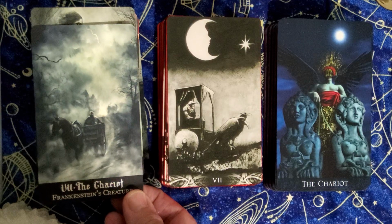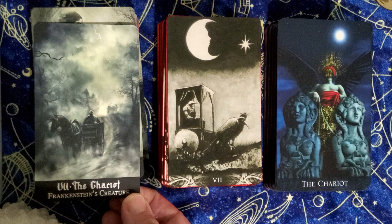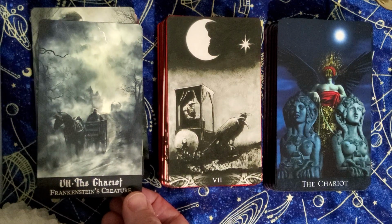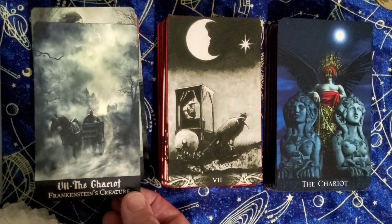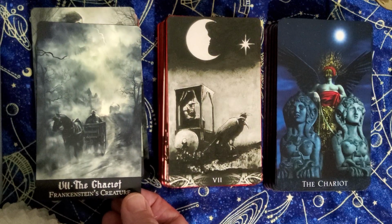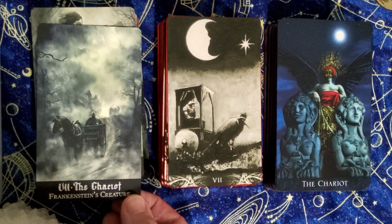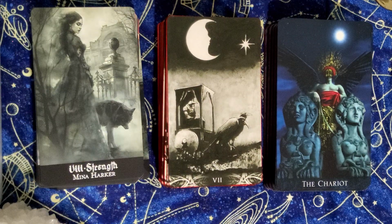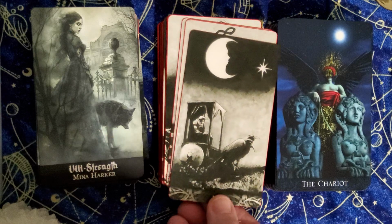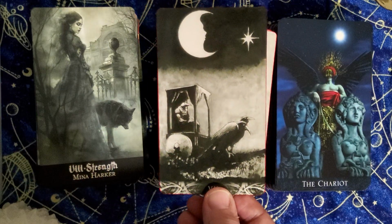So I don't remember the Chariot being such a big moment in the novel Frankenstein, but I probably read Frankenstein when I was real young. And so I am more apt to think of the movies, the many, many movies, because Frankenstein is such a classic Gothic story, right? And then here, I love this because this kind of looks like the RWS Chariot, but